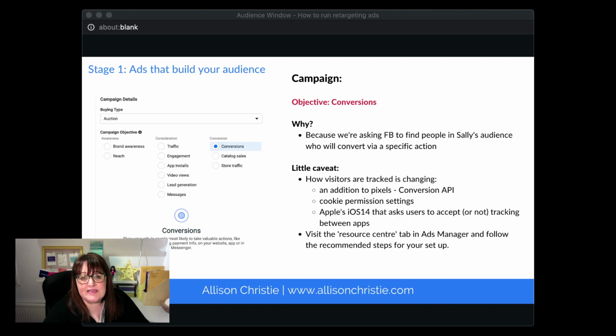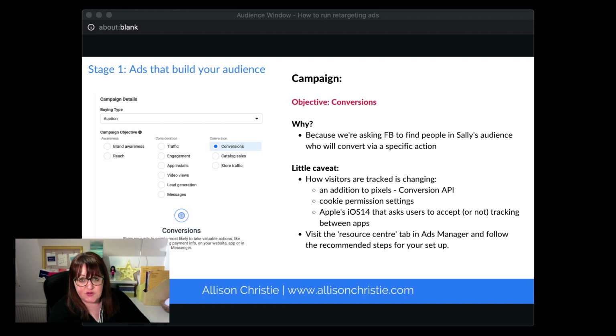So we're going to build out conversion ads for Sally. Why? Because we're asking Facebook to find people in Sally's audience who will convert into something, so a specific action. Now I'm just going to pause here for a second to talk about some changes that are happening in Facebook ads and different permission settings that you might need to set up if you have a business manager and you haven't been in for a while.